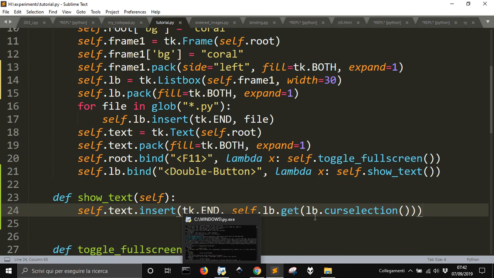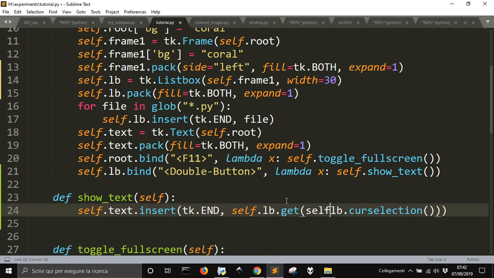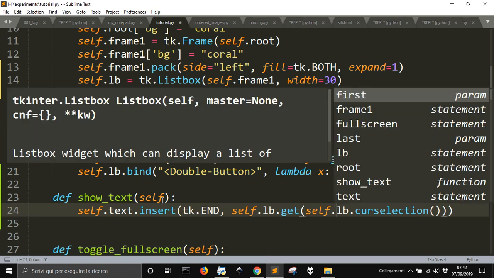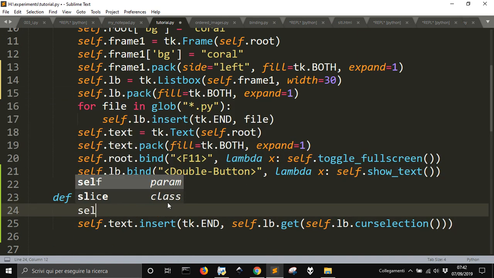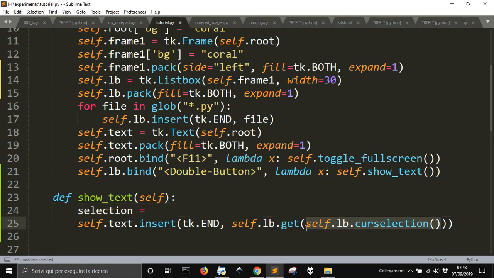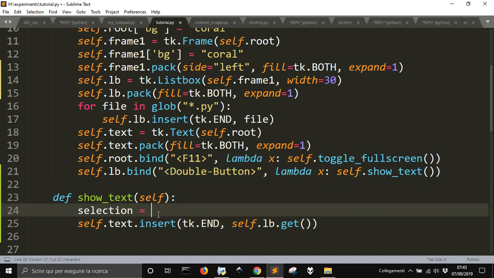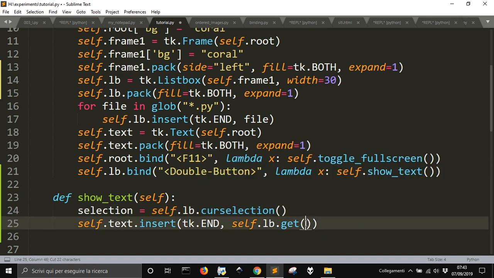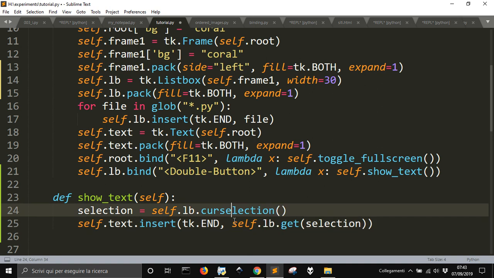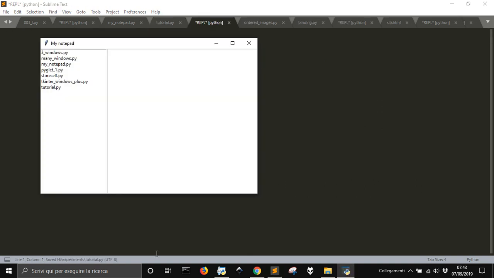Again, self, let me make it a little more readable. Okay, yeah,